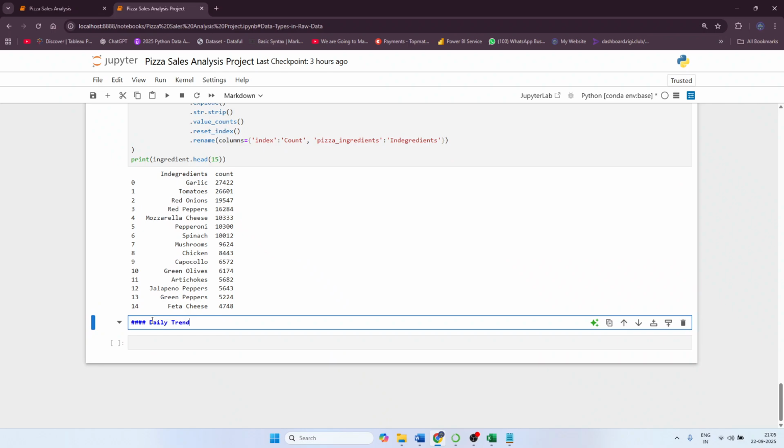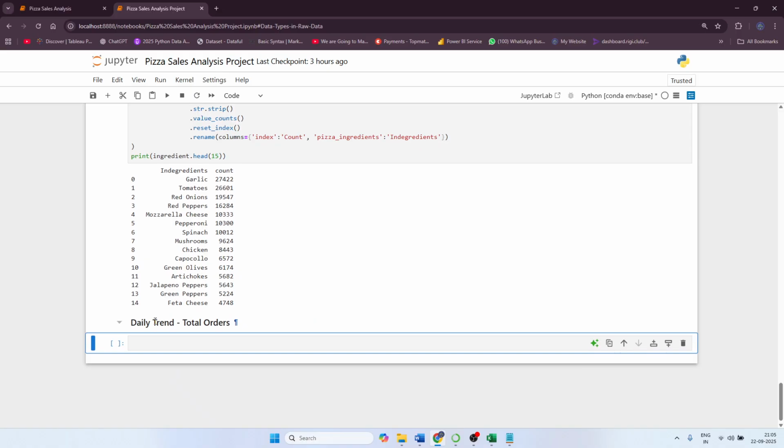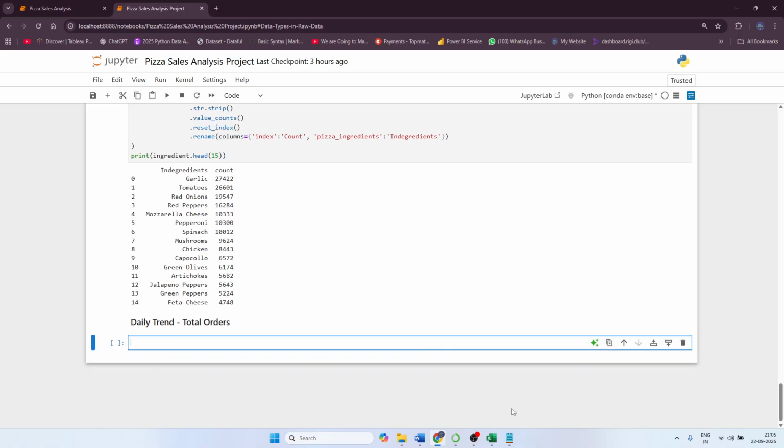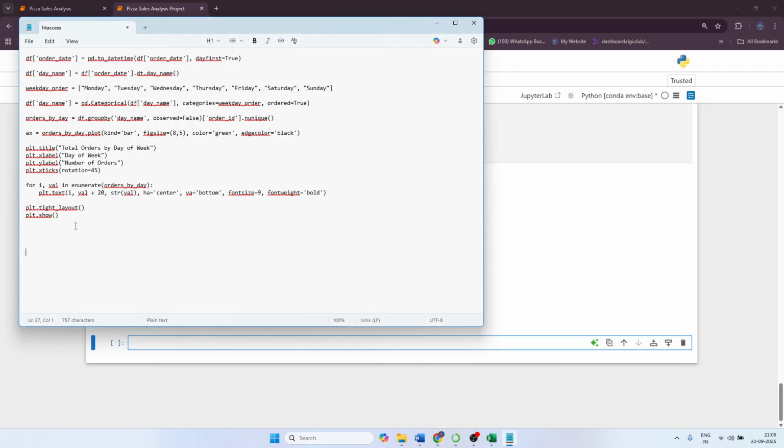Okay, and I will paste it over here. Okay, daily trend, and I will name it first for total orders. Okay, and now if you see, I have already written that particular code over here. So this code I will add in the description box from where you can download and use these